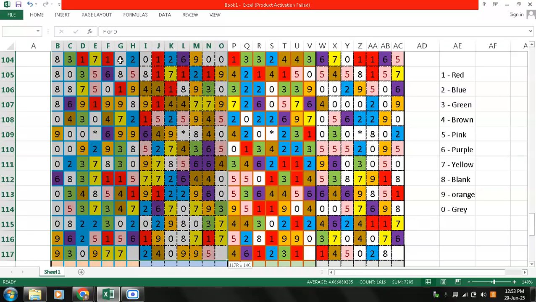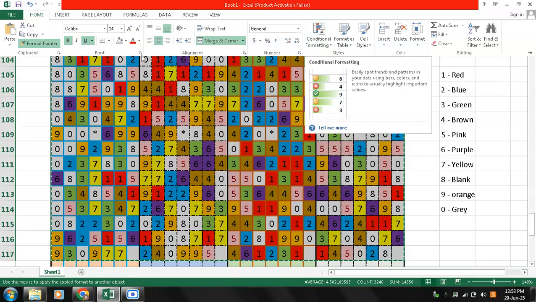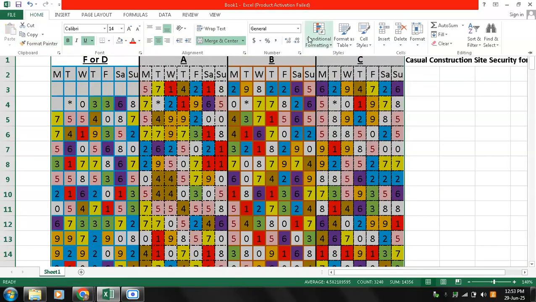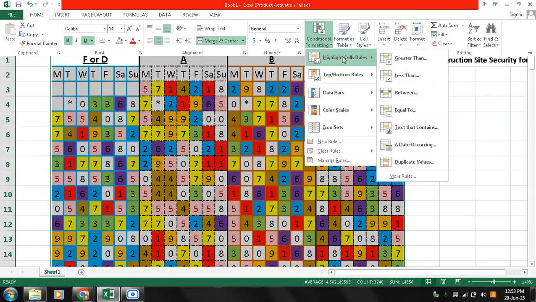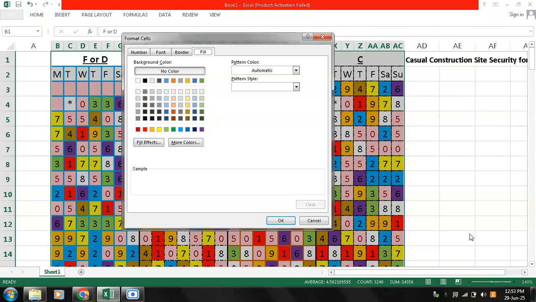Then shift right arrow key four times again, the entire data selected, tap on home, format painter. Now you see there is an option under, sorry, not format painter, sorry friends, conditional formatting, highlight cell rules equal to, when you type number 0 there, under 0 tap on custom format. So now we forgot what was the color that we needed to select here, and the name is not showing here, so